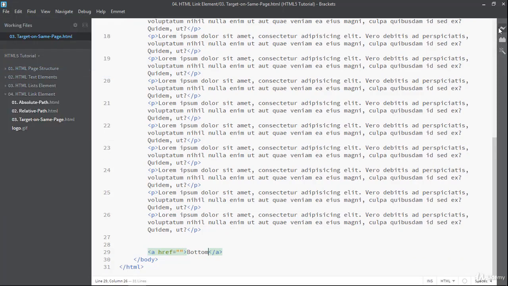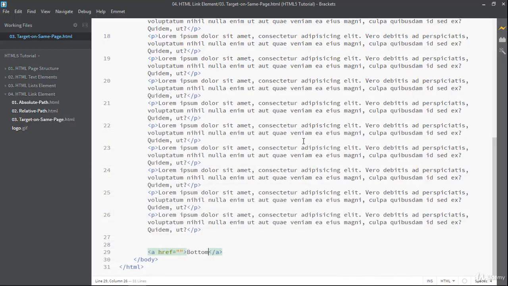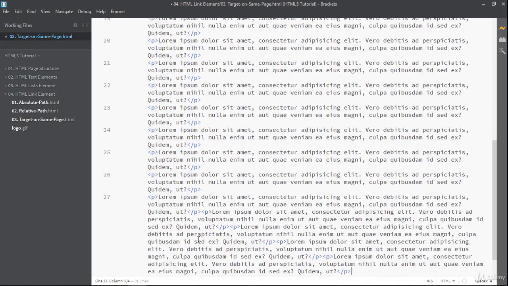Now I'm going to save this file. Now I'm running this file. Now here as you can see, this is top and this is bottom. I will paste some more paragraphs.